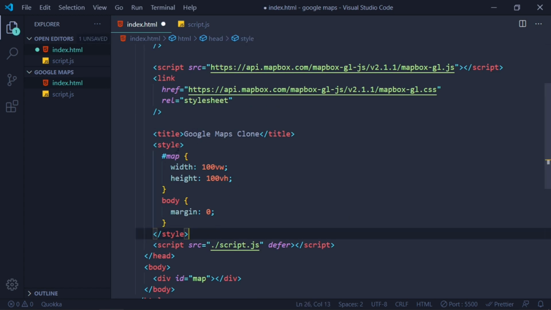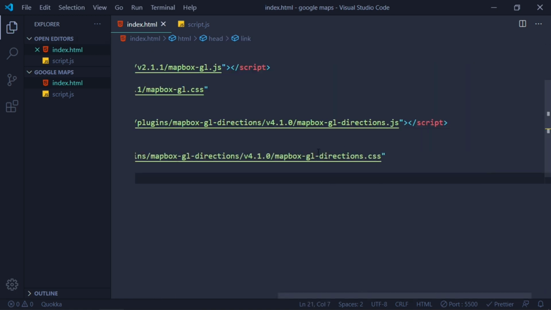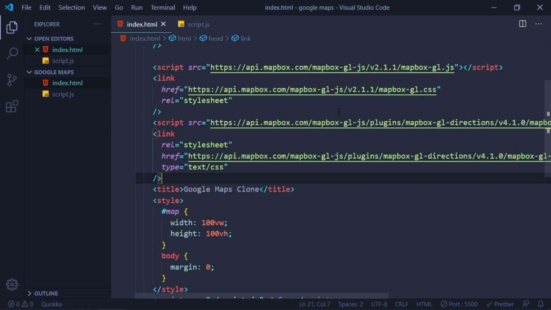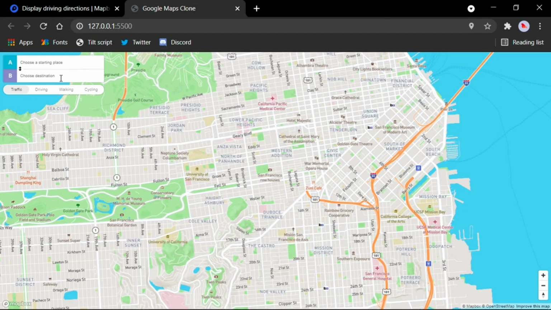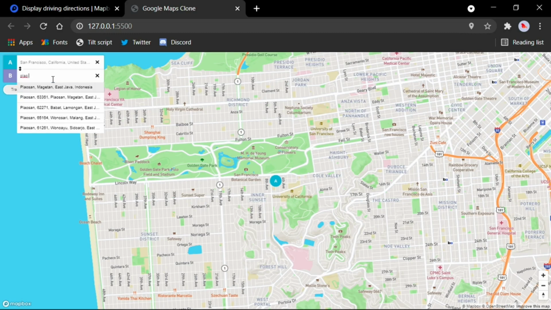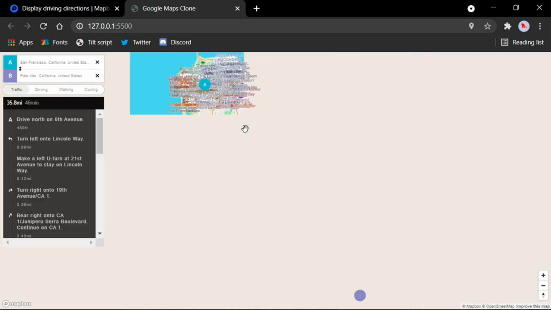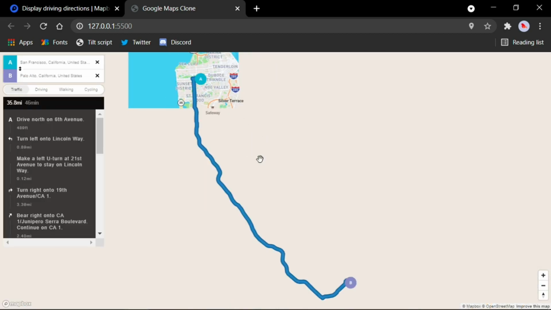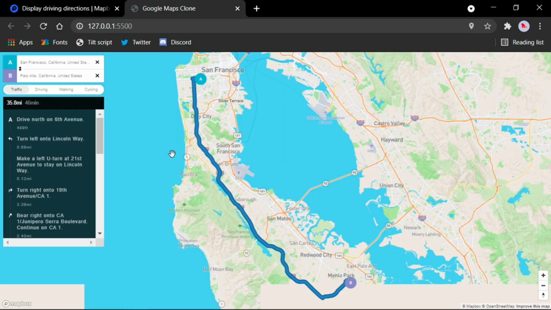Let's add it here. Okay, so now if you come back to here, you will see this choose a starting place and choose a destination. So let's choose something, San Francisco till Palo Alto. So this will give the direction from San Francisco to Palo Alto.